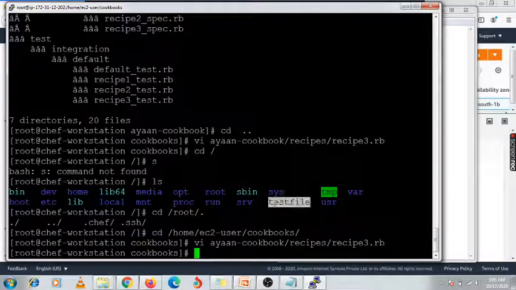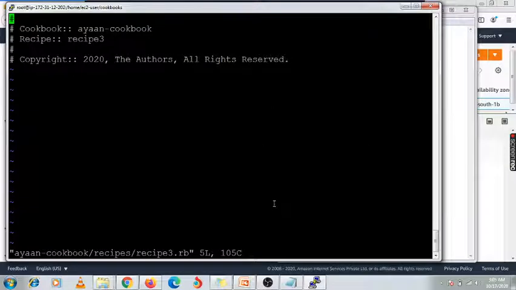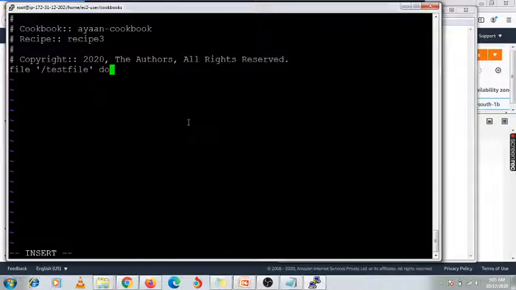Same file name we can use it, shift G O. Here I need to mention file in single curly bracket. You can use double curly bracket also. Same file name I am going to use under this slash, and you need to close it. You need to use this do, enter.